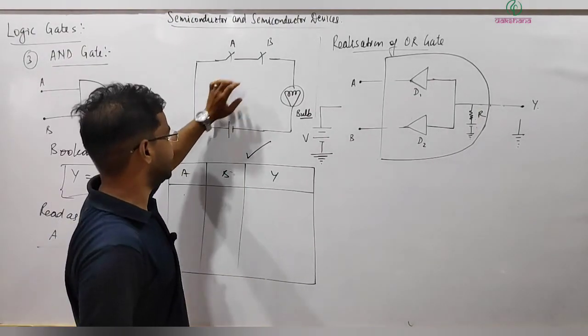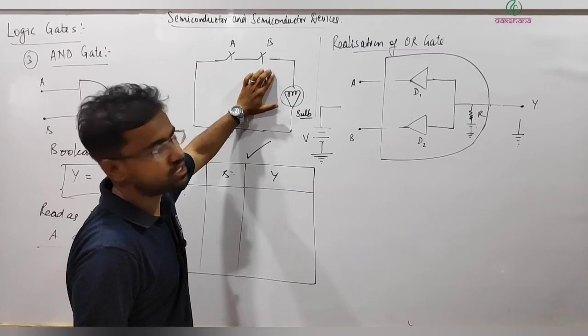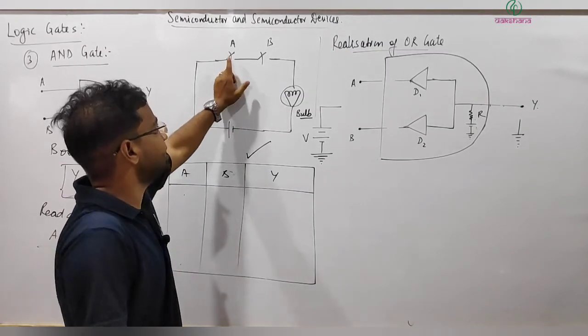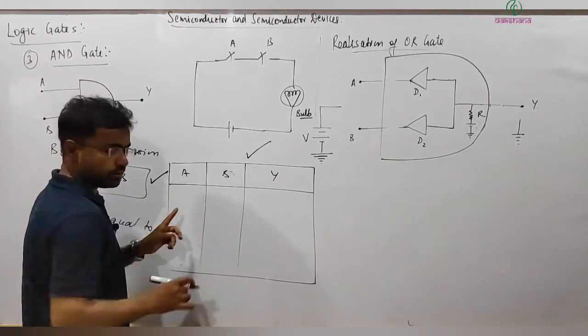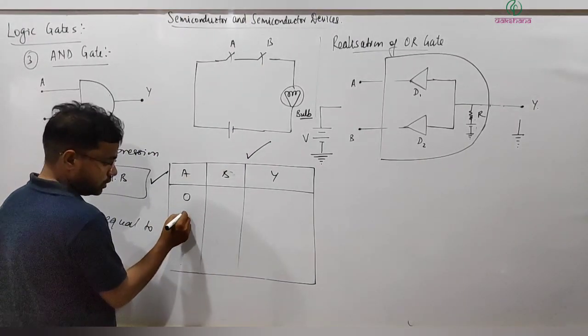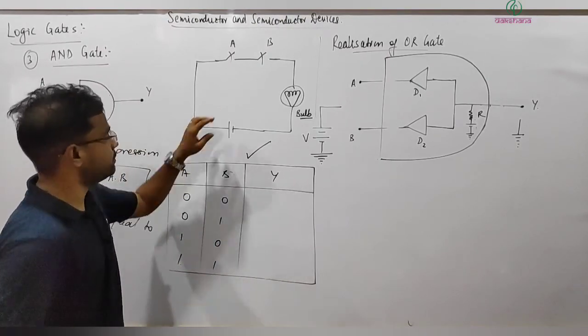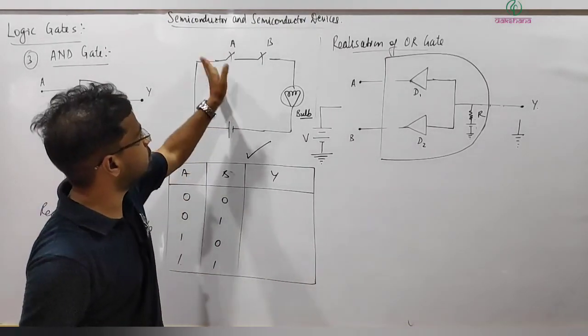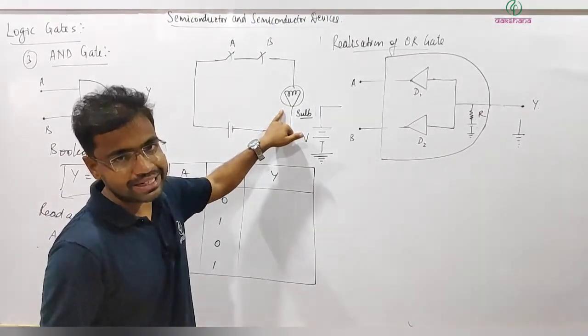Here one battery is connected to a bulb and two switches are connected in series this way. Now what will happen? Let's say this one is on, this is off. Again 4 possibilities will be there: 0 0 1 1 0 1 0 1. In one possibility, 0 0, both switches are off. What will you get here? Will your bulb glow? Definitely not. So you will get